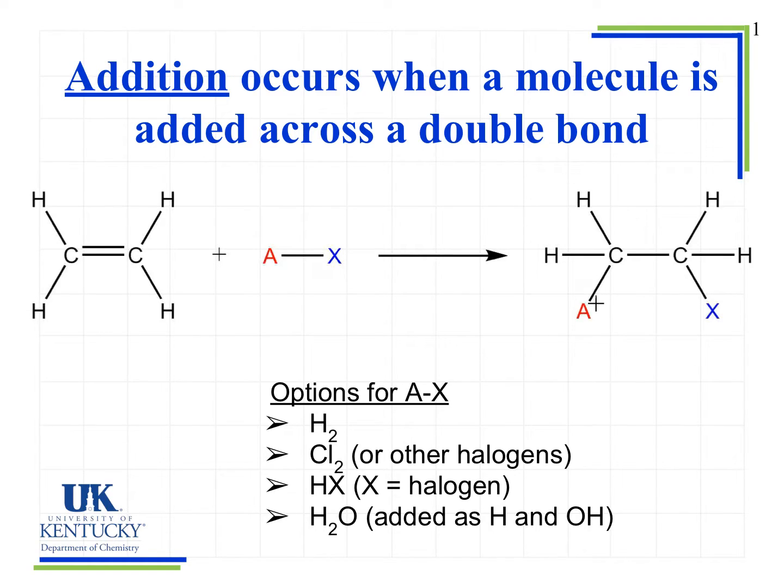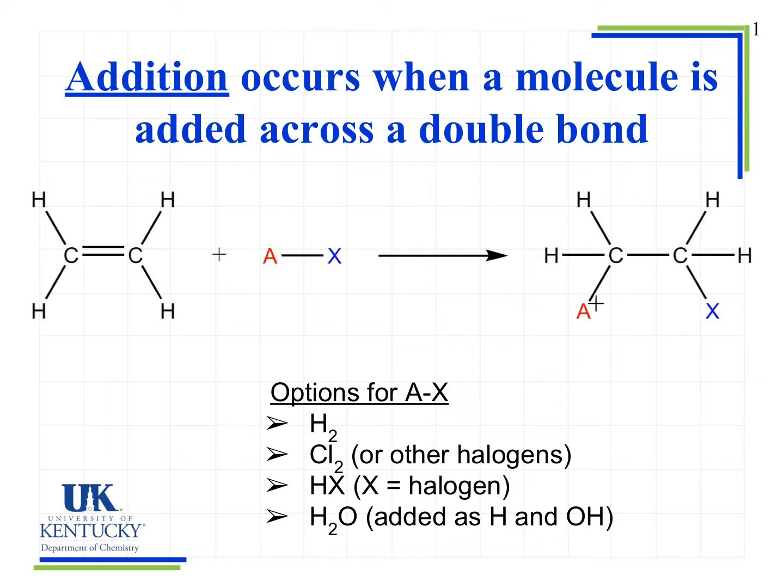Addition is another type of reaction that can occur in organic compounds. When we have an addition reaction occur, we see that we add a molecule. In this case, we're representing it by AX, and it adds what we say across the double bond. Notice, as the addition occurs, our reactant has a double bond between two carbon atoms, and in